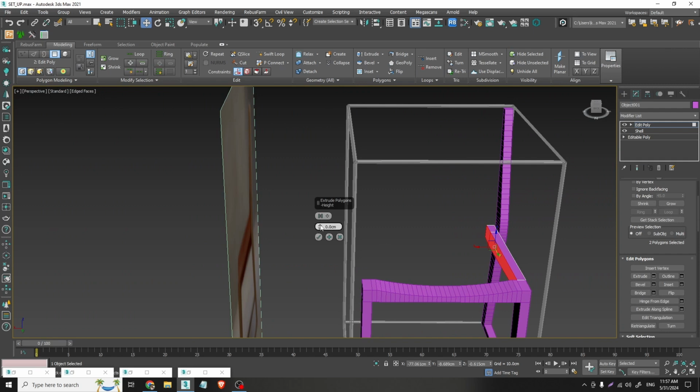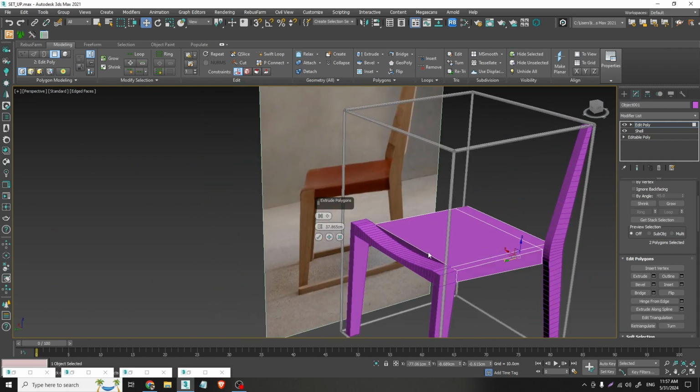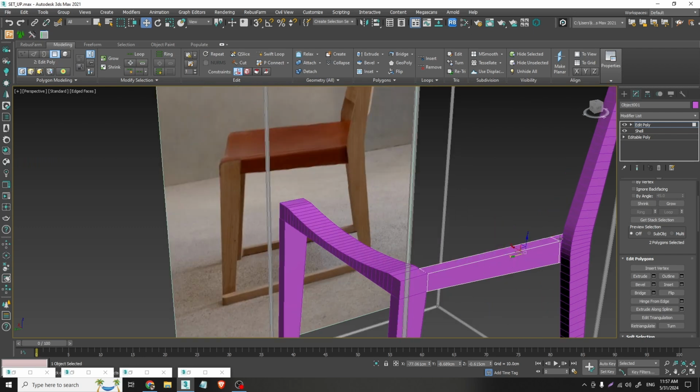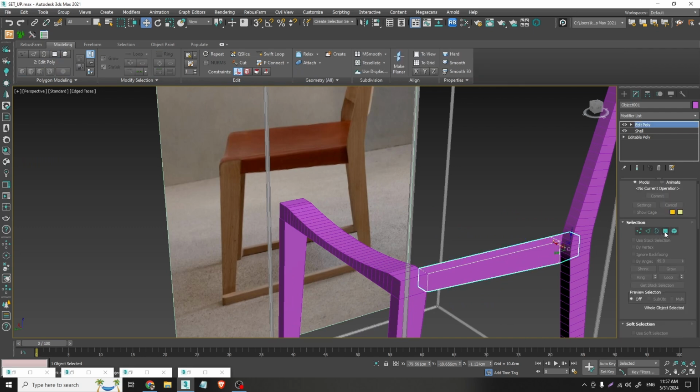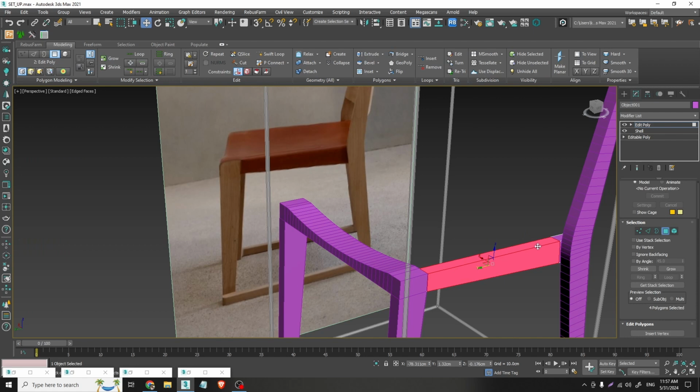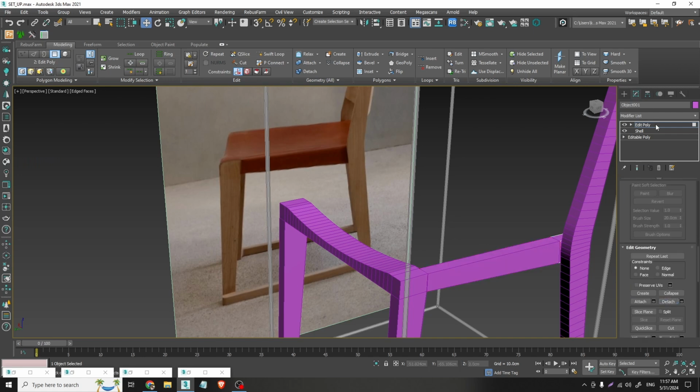And I will once again extrude this, I guess. Or do I want this to be different geometry from this? I think that's the correct thing to do, right? So I will select everything except this, and I will detach it,